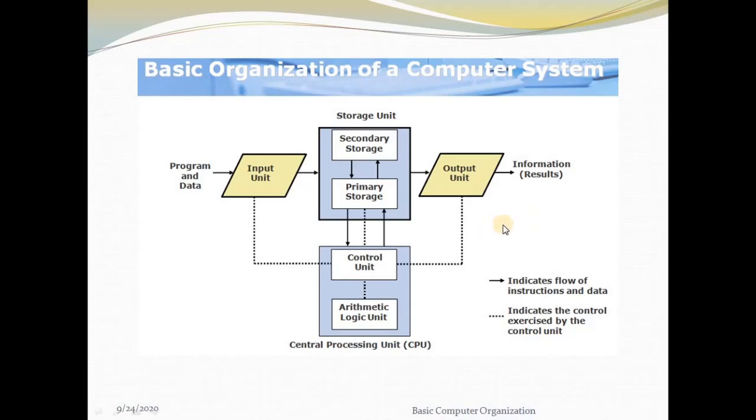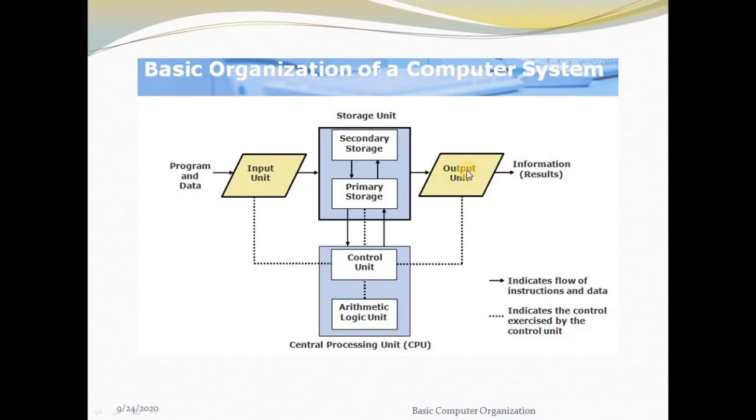This figure shows the block diagram of the computer system. It clearly specifies how the computer is organized, how the input units and output units communicate with each other, and how they perform the tasks. This basic block diagram has five major building blocks, and each block represents one of the functions that we have studied. The first function, inputting, is done by the input unit. Then we discussed outputting, which is done by the output unit.